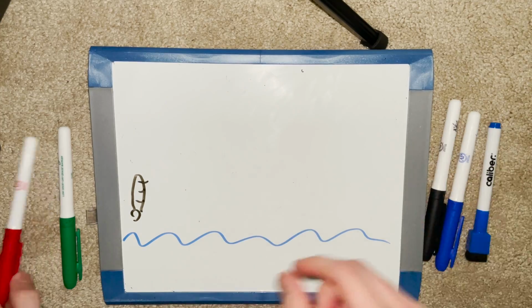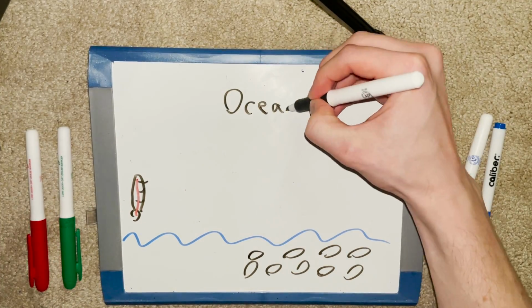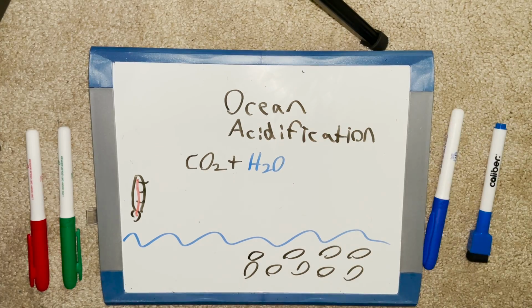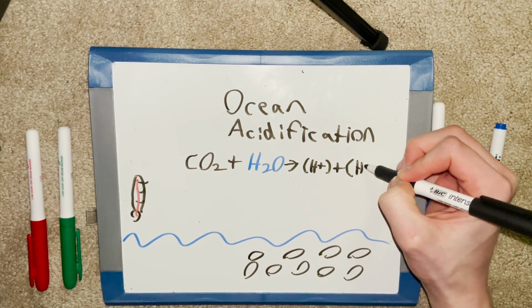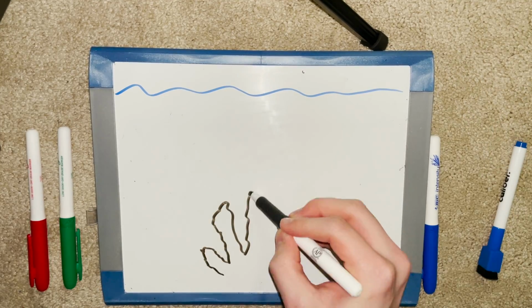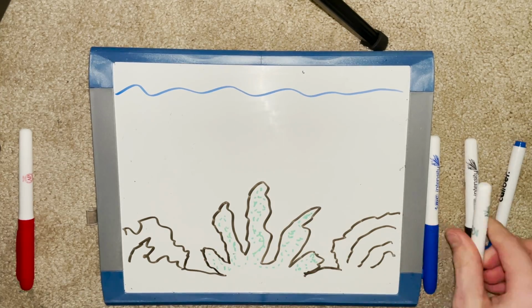Our oceans are far from being out of harm's way. The greenhouse effect warms the ocean, while the CO2 in the ocean reacts with the water in a process called ocean acidification. This reaction causes the water to become more acidic, which is not a good sign for coral. Rising temperatures and ocean acidification is a double whammy when it comes to coral.